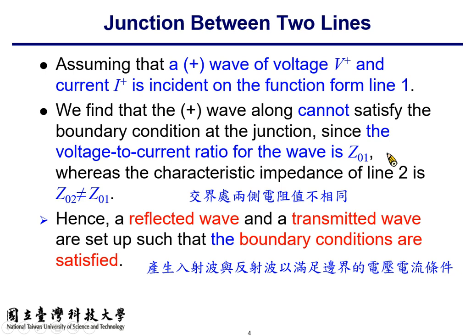You insert a section of matching circuit between two transmission lines of different characteristic impedance, then you may be able to reduce or eliminate the amount of reflection so that most of the energy can be delivered to the next stage. All right, so as this slide says, because the impedance,